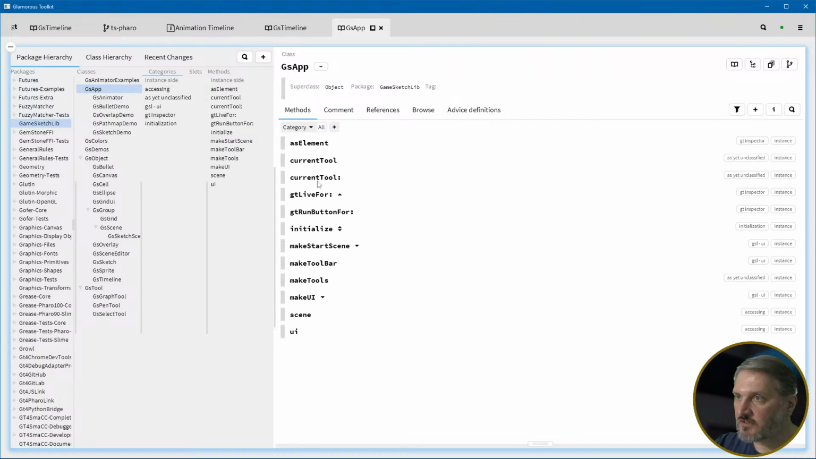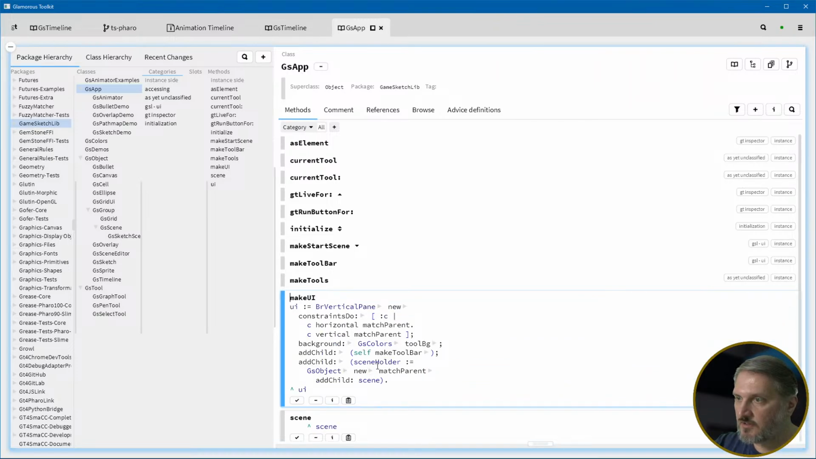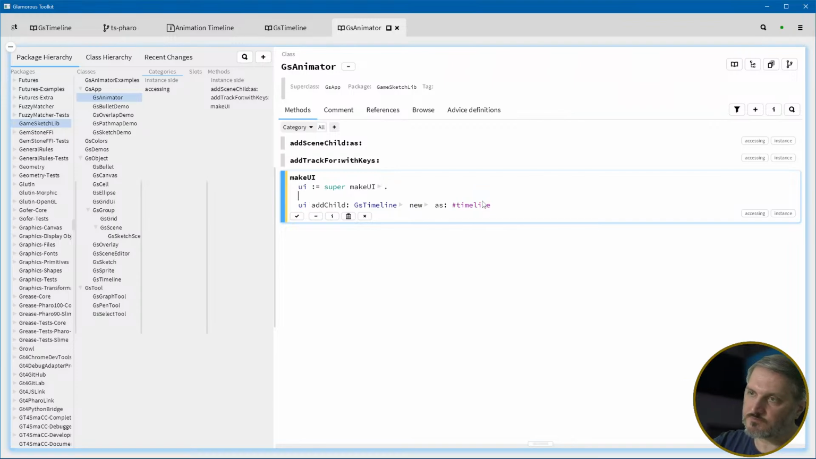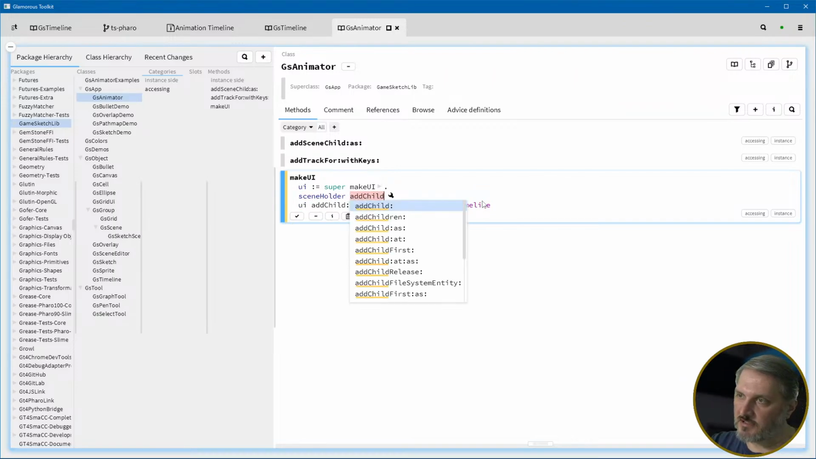When we say that, Scene UI, Start Scene, Make UI, Scene Holder. So when we say GS Animator, Make UI, Super Make UI. So how about UI is Super Make UI, even though it's redundant. UI add child, scene holder, add child,